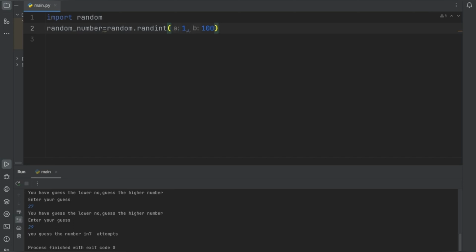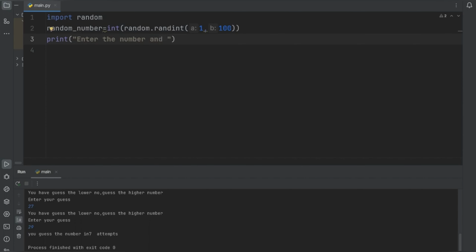That means it would generate a value from 1 to 100, and we are typecasting it to an integer. It's actually an integer already, but we are doing it anyway. Now we will use the print statement to tell the user,